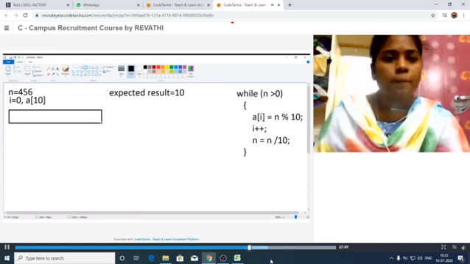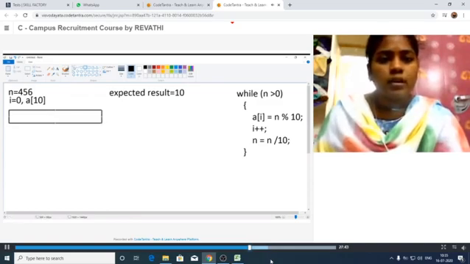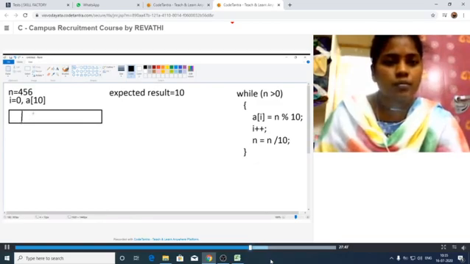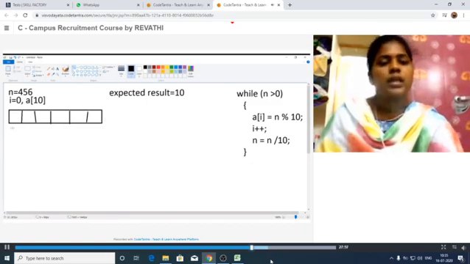This is the array I have taken. The array name of this one is A.